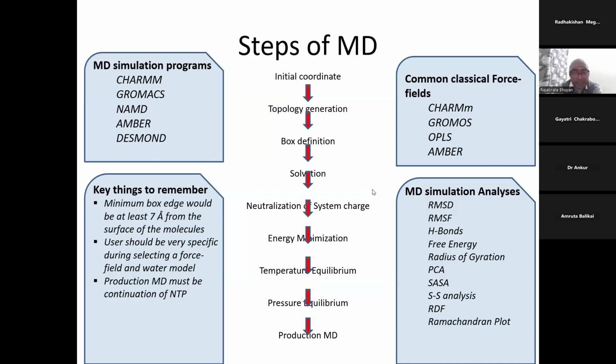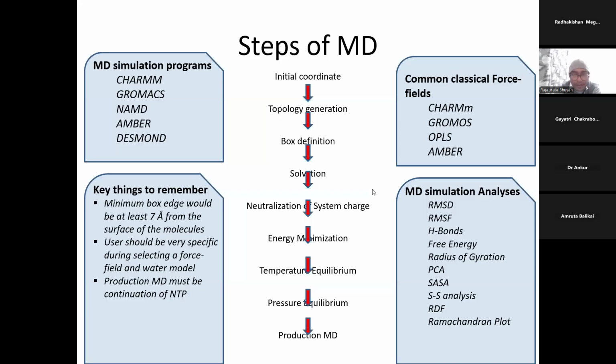Okay, so these are the steps for MD simulation. First, you have the initial coordinates. Suppose you are about to simulate a protein, then you start with the PDB file of that particular protein. So you start with the initial coordinates of that protein, and then you have to generate the topology. Topology generation means you have to convert the PDB file according to the